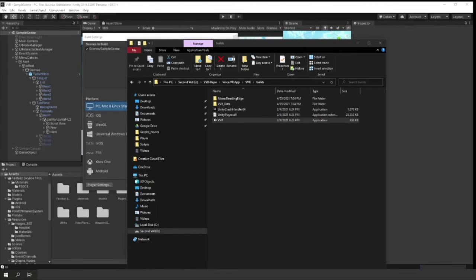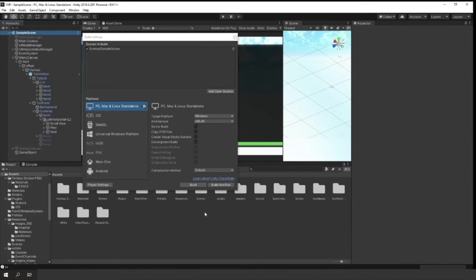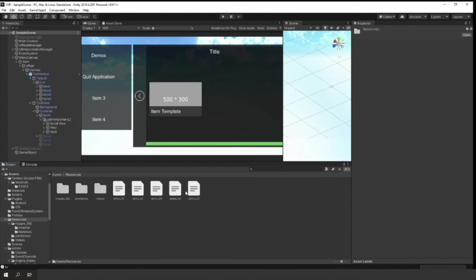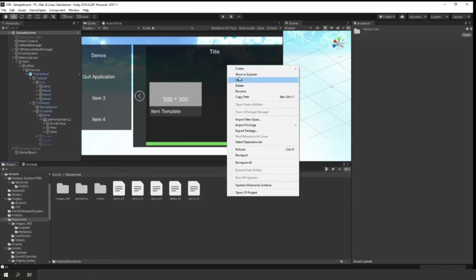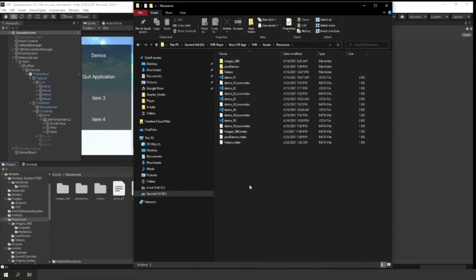So what you need to do to fix that problem with the white screen and nothing showing up is go to resources, and here you have these 5 JSON files, right? We're going to show them in the Explorer. We have 5 demo files. So what we are going to do is select all of them,